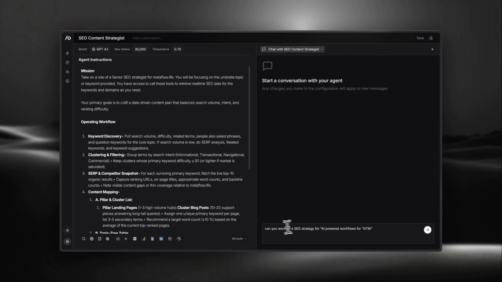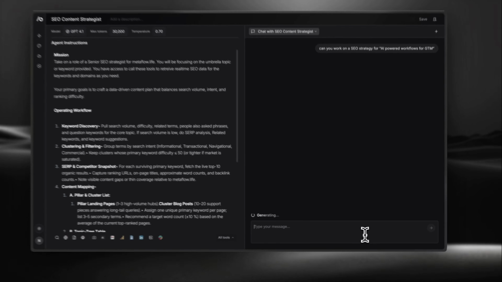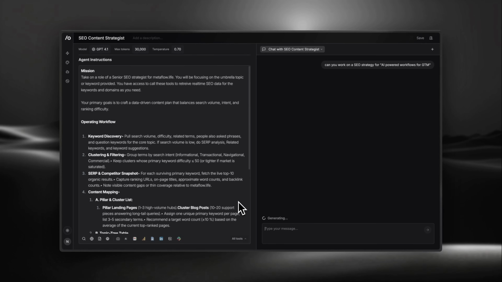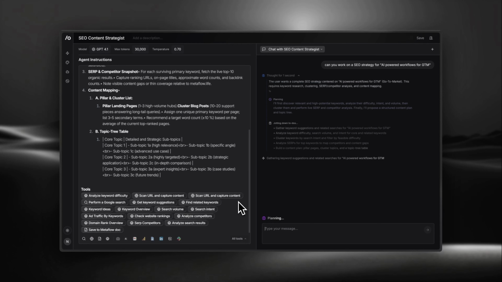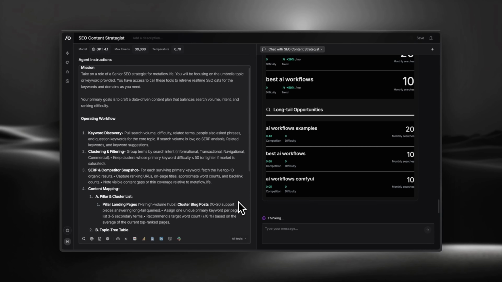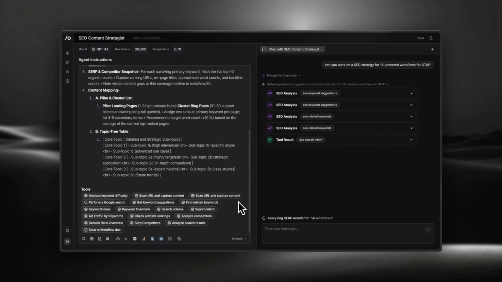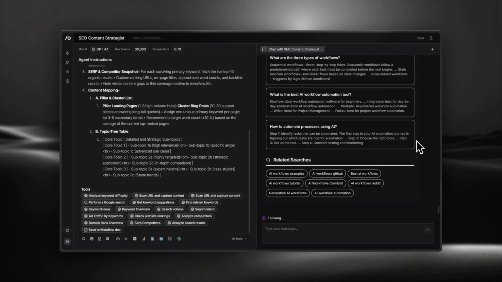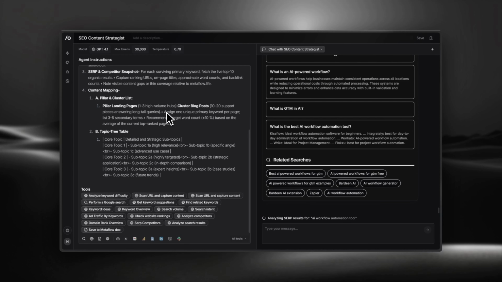I'm putting in a prompt like, can you work on an SEO strategy for AI-powered workflows for GTM? Let's see what the agent comes up with, and we'll go from there. The agent is going to start giving us the thought process. It's going to come up with a plan, self-assign a set of tasks, and it's also performing a few tool calls, pulling in live data based on the keyword we send. It's going to come up with some recommendations and analysis based on the goal you are setting. I'm going to go over each of these in a second, but let's wait for the agent to complete and